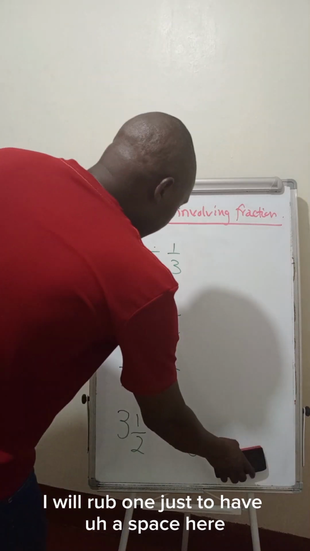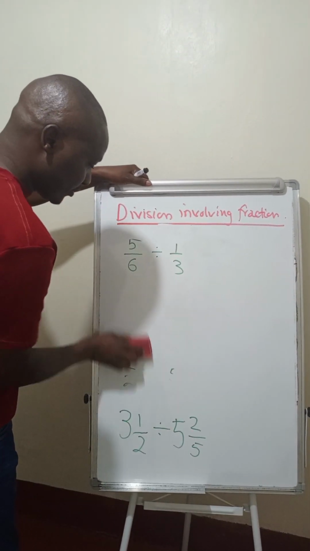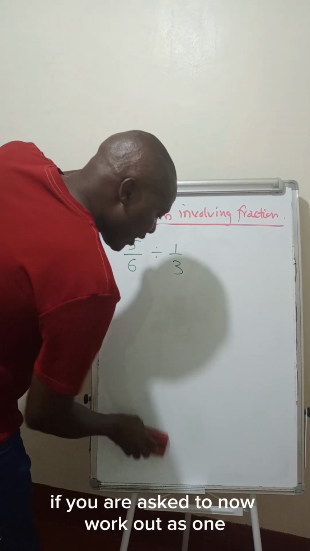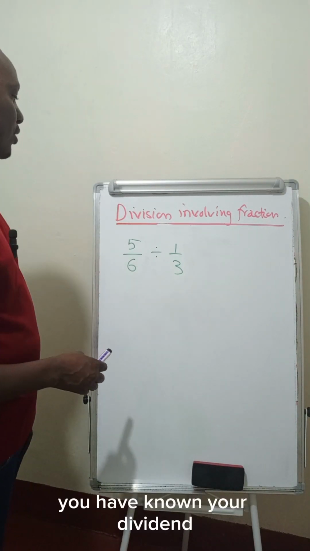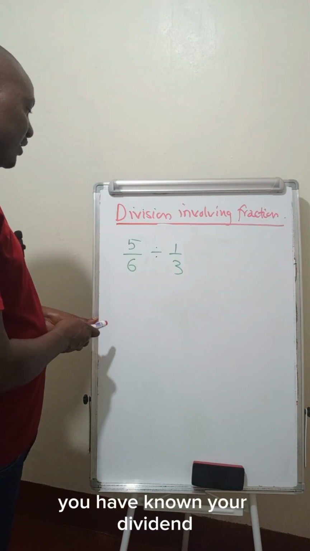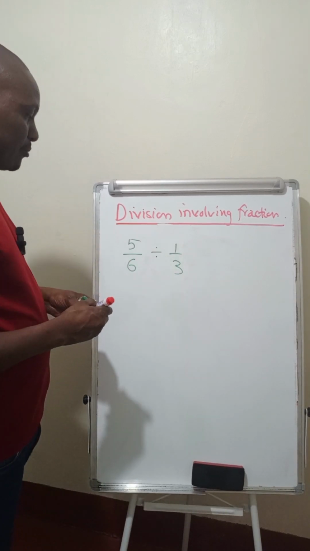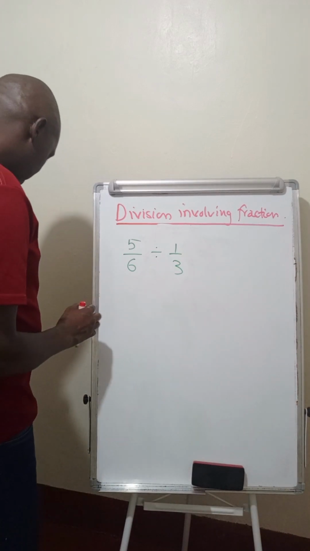If you are asked to work out this one, you have known your dividend and you have known your divisor. My statement is very simple, it is that